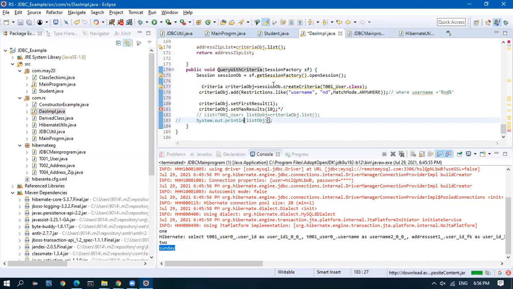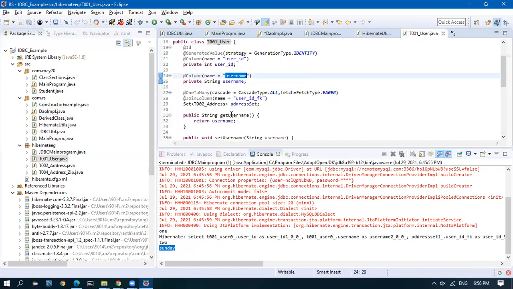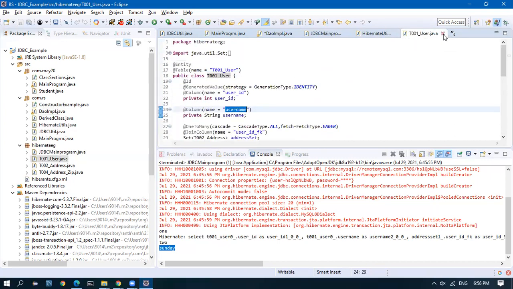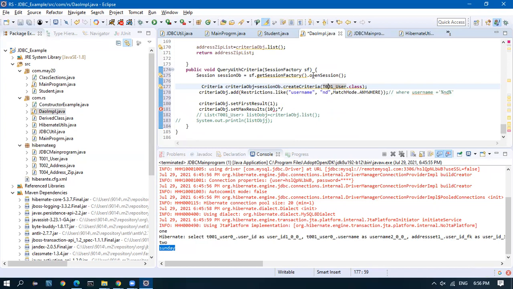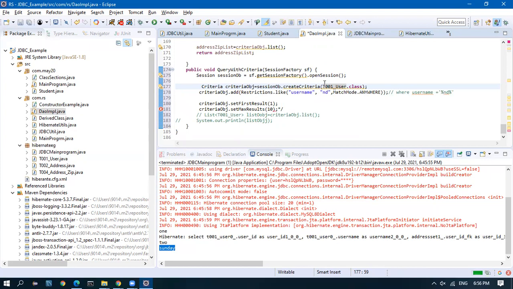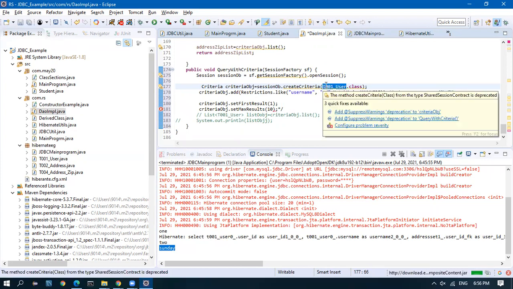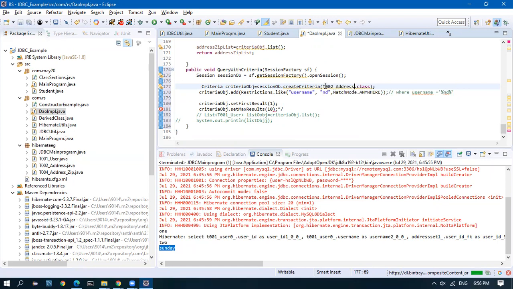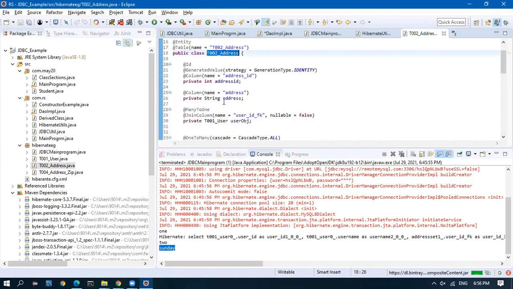So let's say the user table is there, and we have the username. Okay, we don't have any other. Let us take the address table. We have the address ID and the address string. If I want to create a criteria of address, I will give the address class here, and then criteria.add, with a restriction on address.